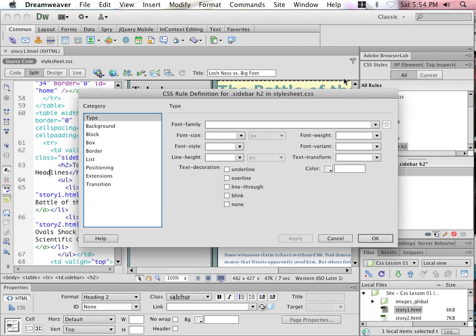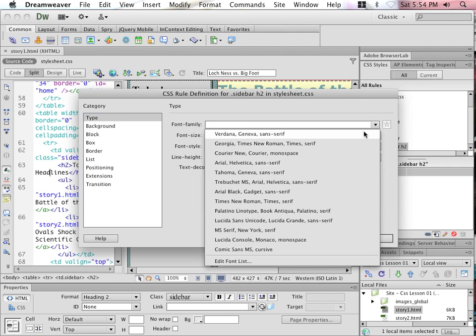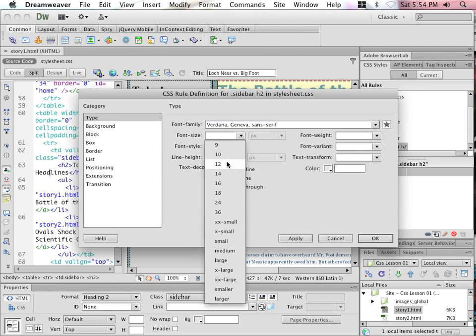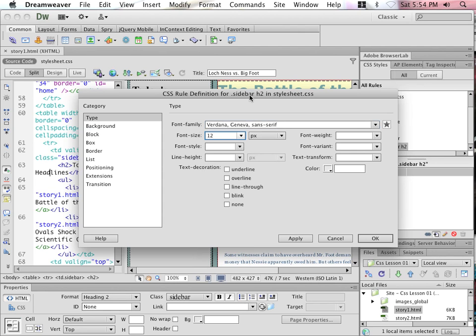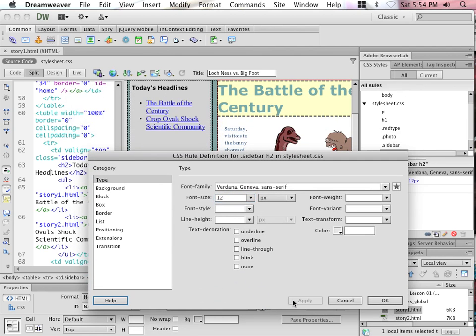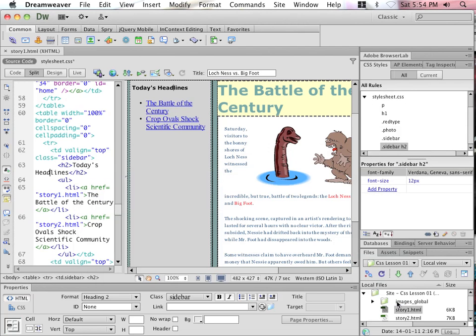So with the type, I'm going to change the font to Verdana, and I'm going to make it 12 pixels. Now this, I believe I can hit apply to test it, and there we go. And I'm happy with that, so I click OK. So that's our first compound style that we've created. Let's get more specific, or rather let's just create another one inside of the sidebar, and it has to do